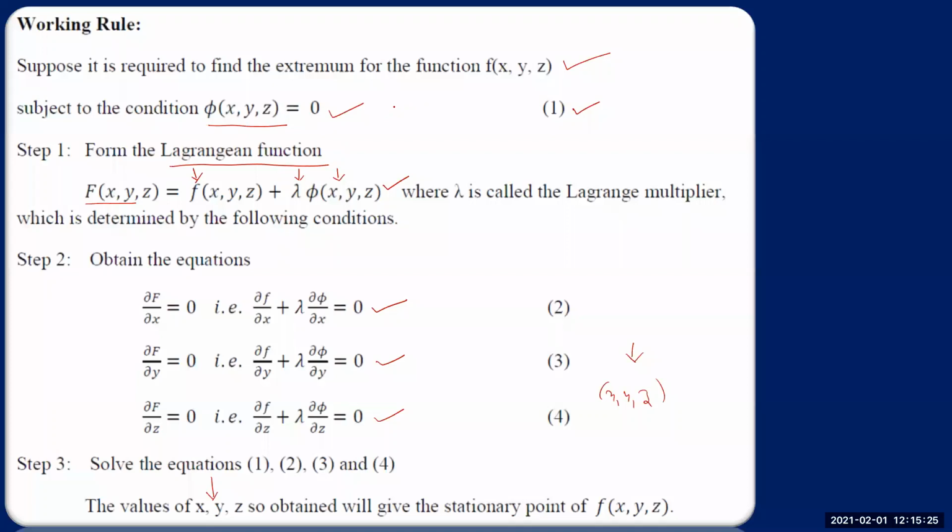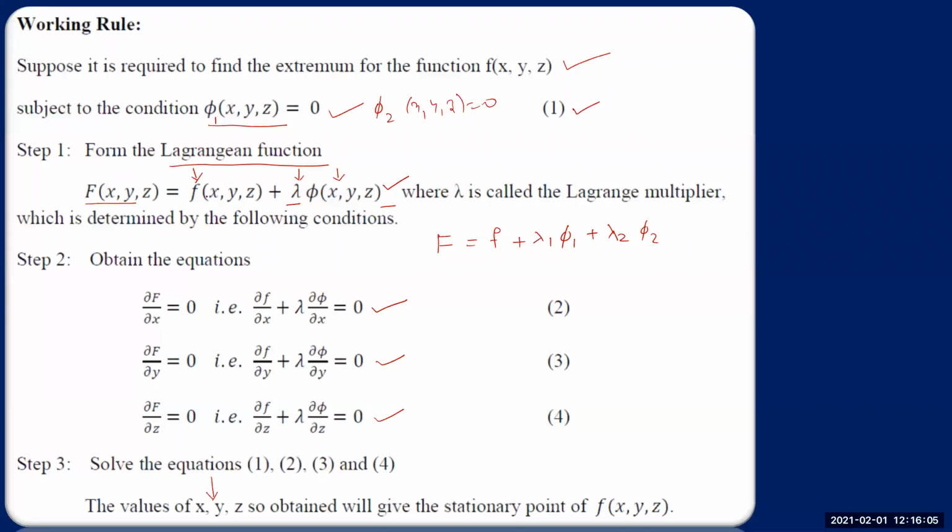By choice, if you are given one more constraint along with this, let us say this is phi1, and let us say you are given one more constraint like phi2 of xyz is equal to 0. Then, when you are given a second constraint also, we form the Lagrangian like this: capital F is equal to small f, the original function, plus lambda 1 times phi1 plus lambda 2 times phi2. So we just add as many undetermined multipliers as the number of constraints. The only thing here is how to form the Lagrangian function.